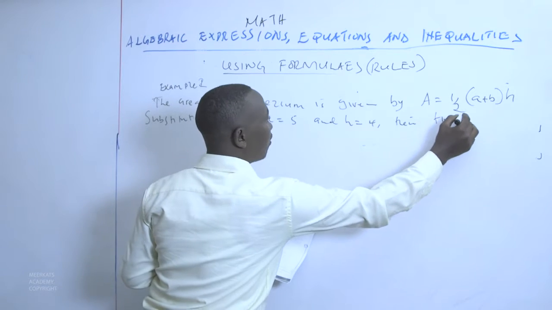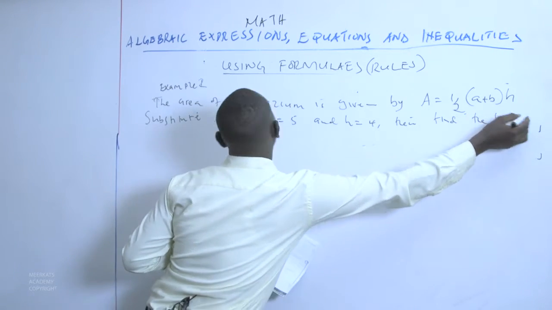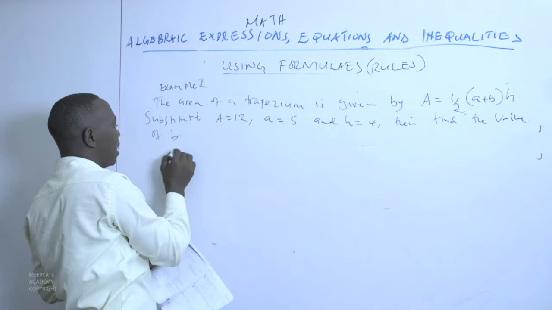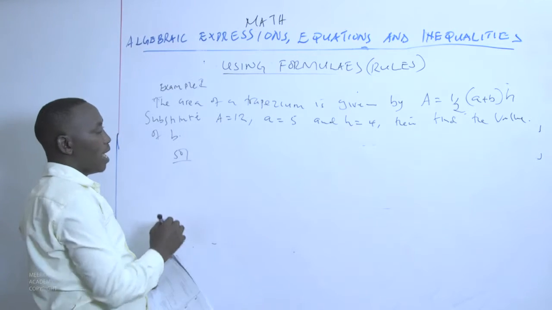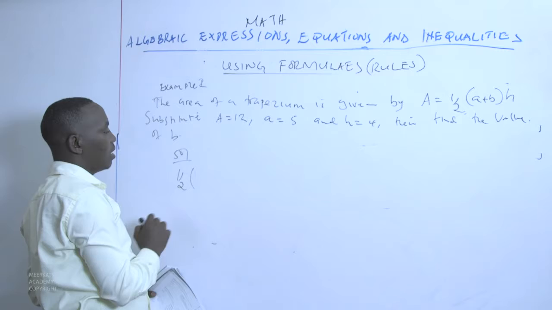Then find the value of B. So you have been told that the area of a trapezium is given by a half